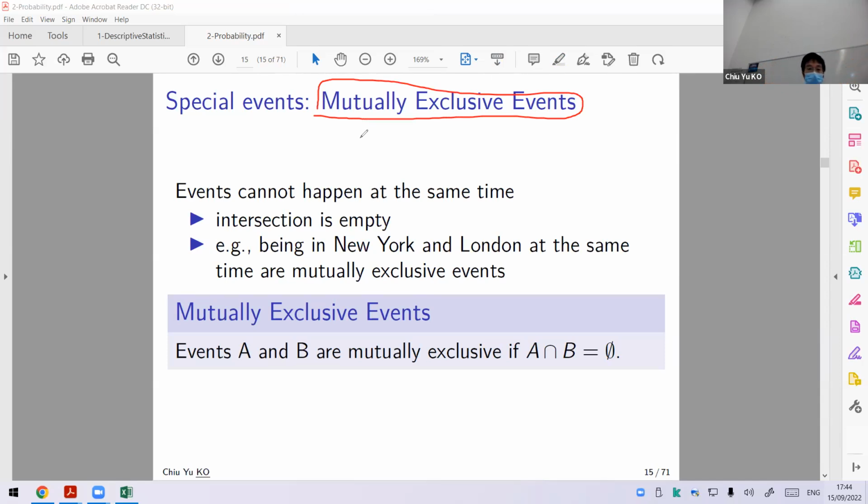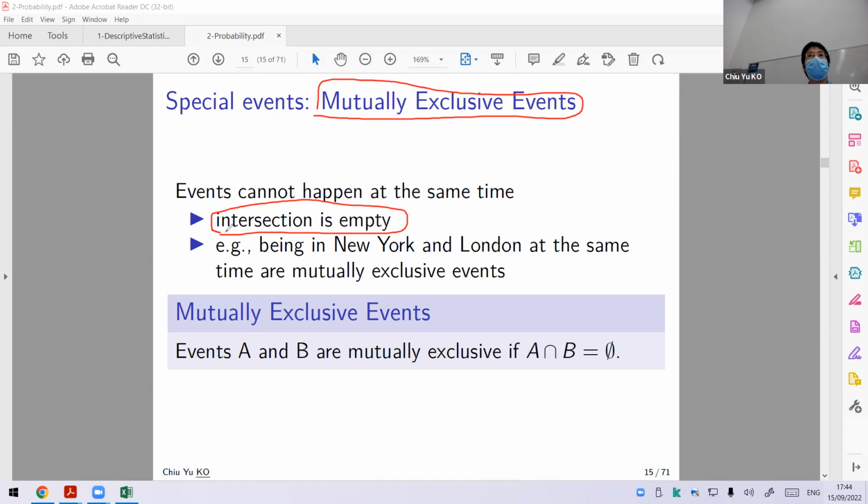So the definition is that the intersection is empty, because they can't happen at the same time. It means if one happens, the other does not. But it does allow that neither of them happens. So for example, being in London or in New York are mutually exclusive,